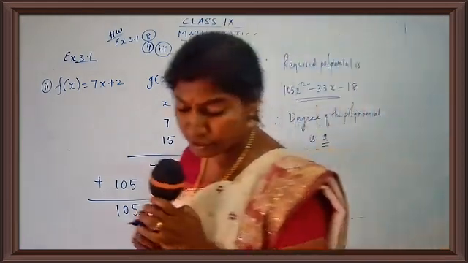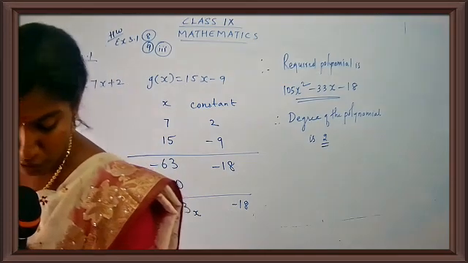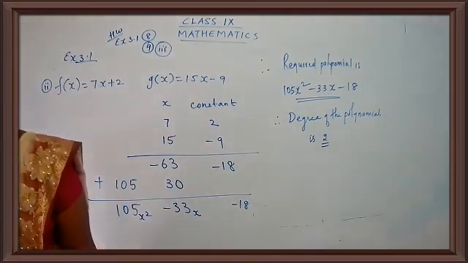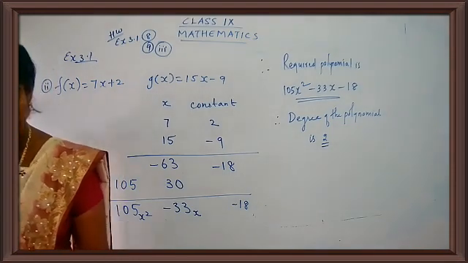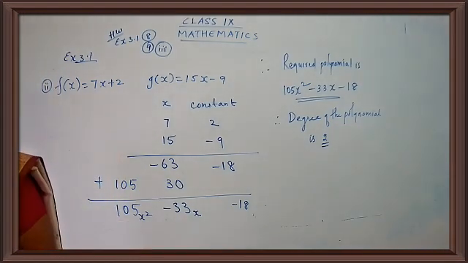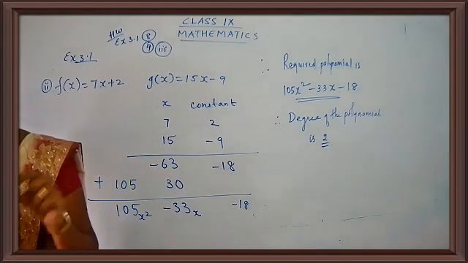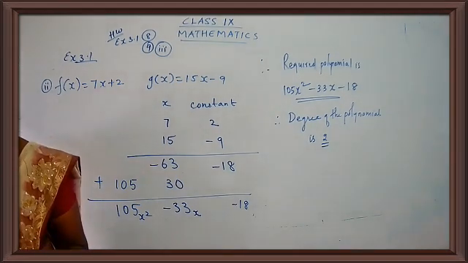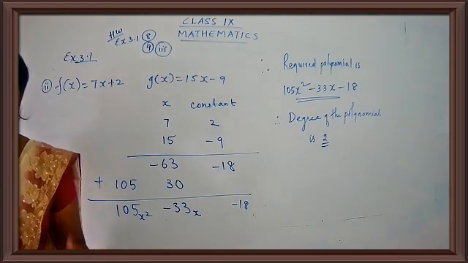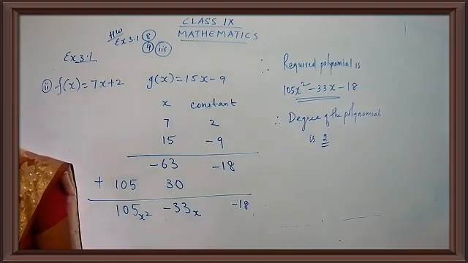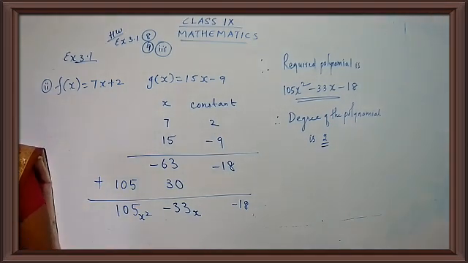Take down the word problem. The cost of a chocolate is rupees x plus y and Amir bought x plus y chocolates. So what is the cost of one chocolate? It is x plus y rupees. And how many chocolates has he bought? Amir has bought x plus y chocolates. So find the amount paid by him in terms of x and y.